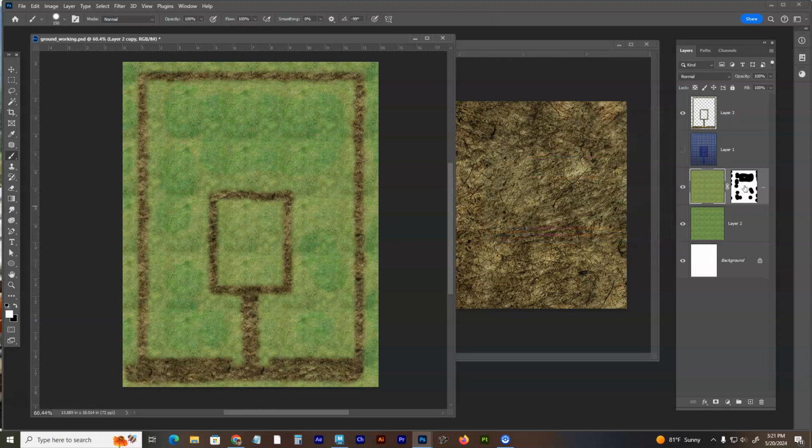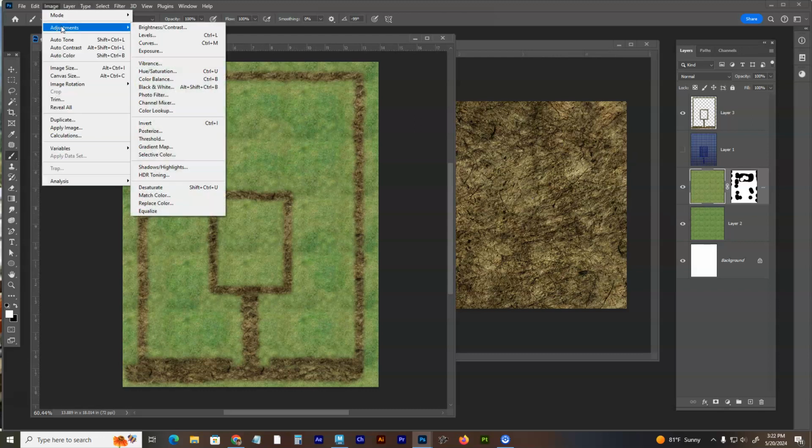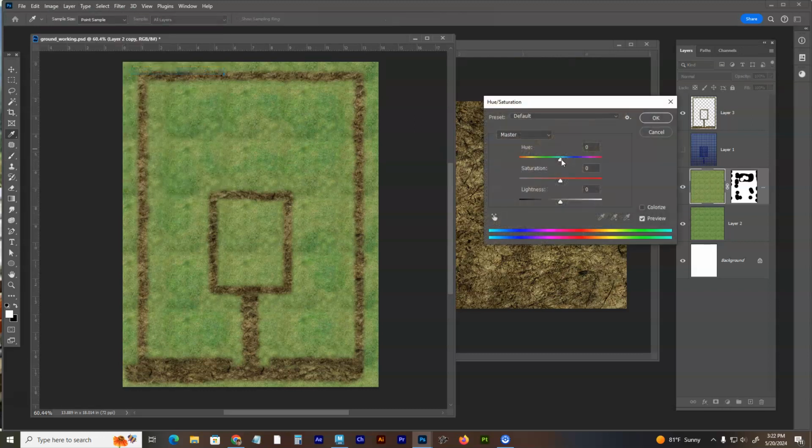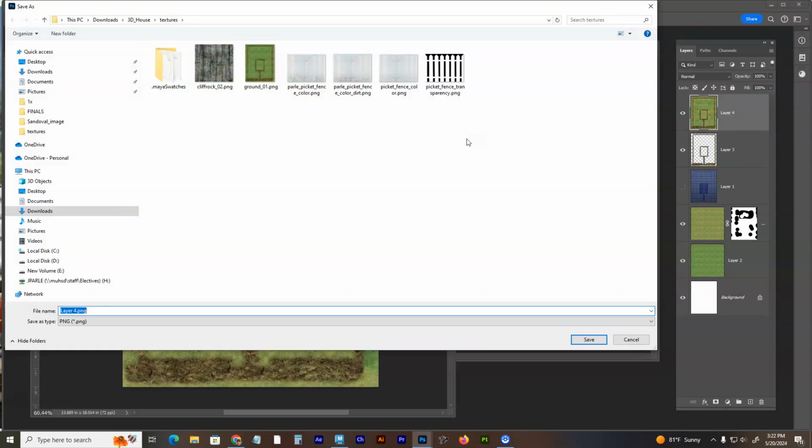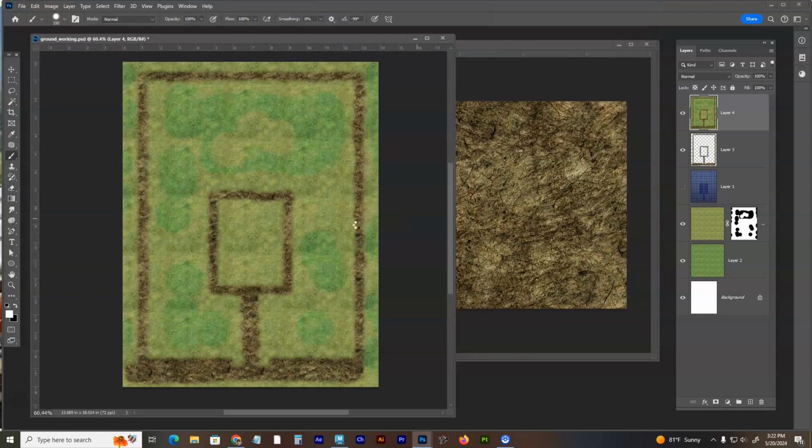I can change the color of my brush in my mask to white, bring some of that back a little bit. You could also use a different kind of brush for this, right, to get it really broken up. But that looks pretty good. Let's do some more saturation. There we go. And then again, up top, Control-Shift-E, right-click, export as PNG, overwrite Ground 01, replace it, yes,